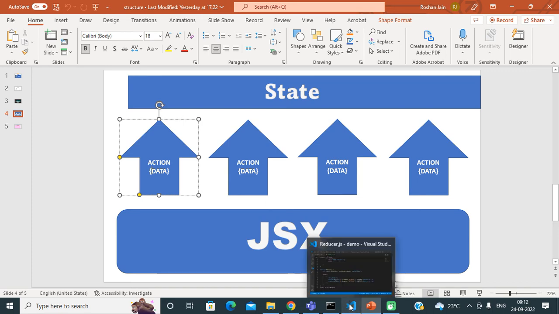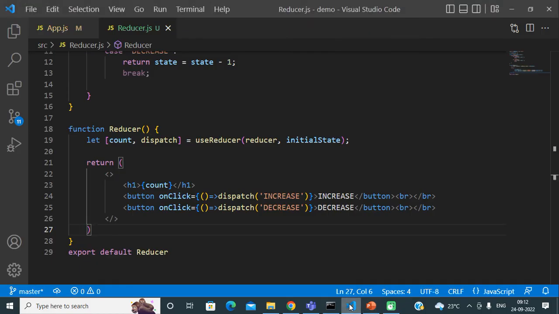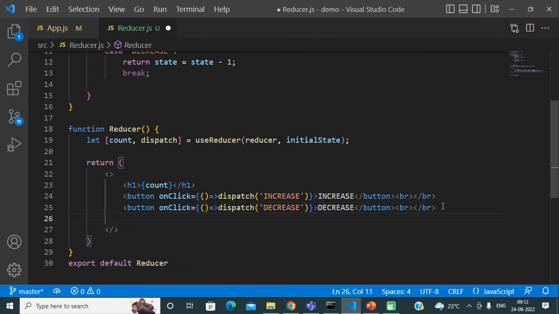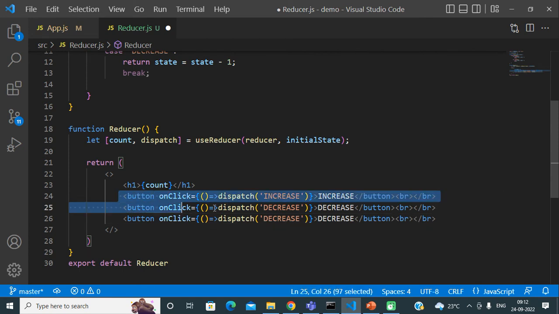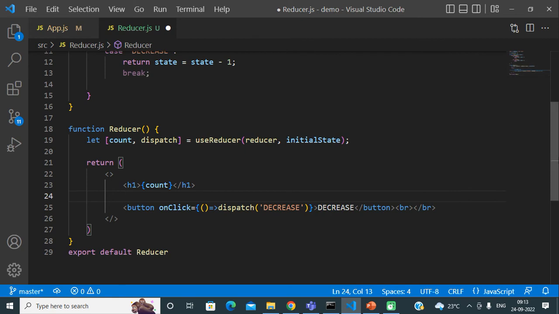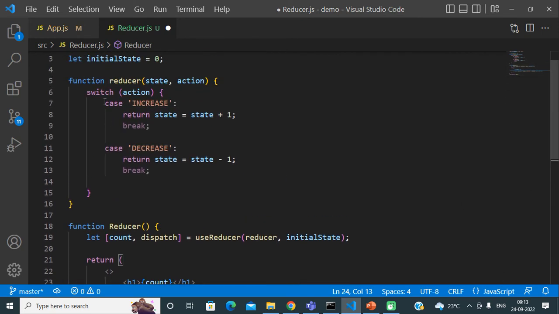So let me tell you how it works. Let's say I have another action. I'm going to remove these two actions and demonstrate how we can send data with an action.